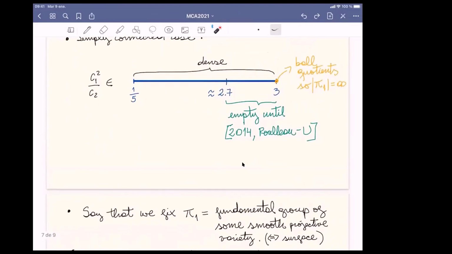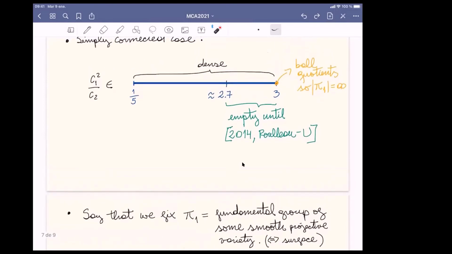Okay, say now that we pass from simply connected to any group. We fix the fundamental group, and say that is going to be any group that is the fundamental group of some smooth projective variety. And at the end, that means any fundamental group of a surface by the Lefschetz hyperplane theorem, if you want. Okay, so I fix any